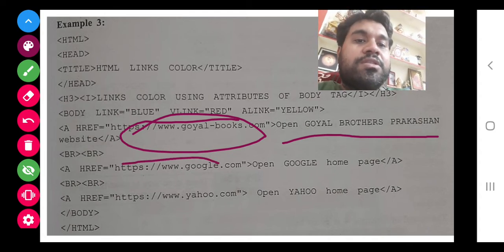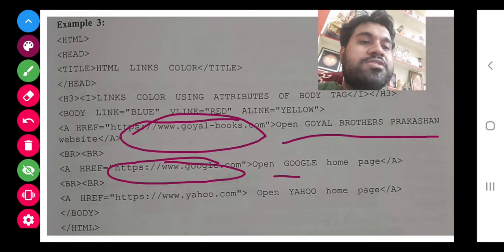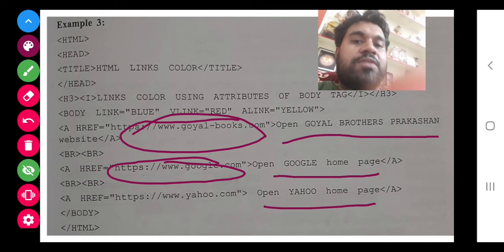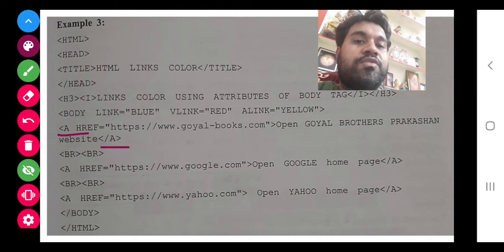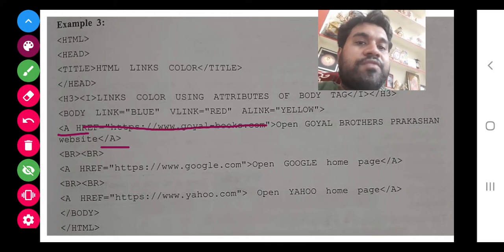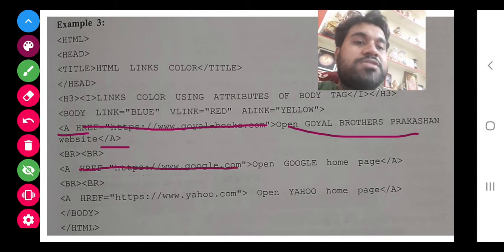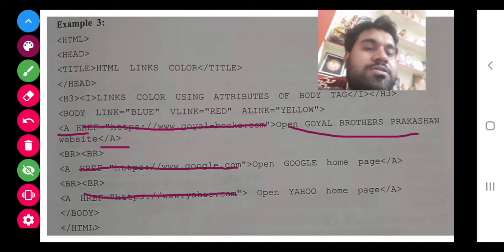Similarly, you don't need to write all this, you write this only. So what you have to write, a tag you have to start with, and you have to close with the a tag. After that a tag is closed, after that this matter you write.